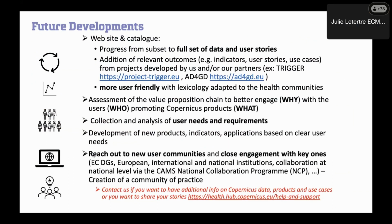So that is a feature development. We have developed a website and catalog. We try to understand the value proposition chain, how to better engage with the user, and promote the Copernicus products. So what is the what: we try to collect the user needs and requirements, develop new product, indicator and application based on user needs, and at the end reach out to the new user community and